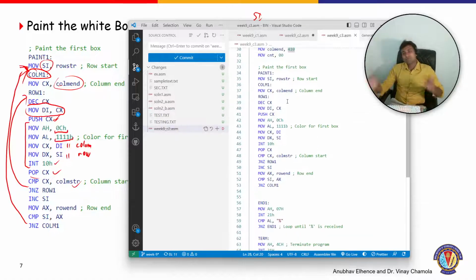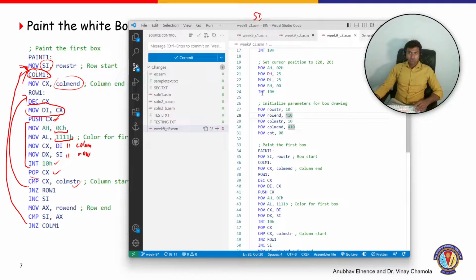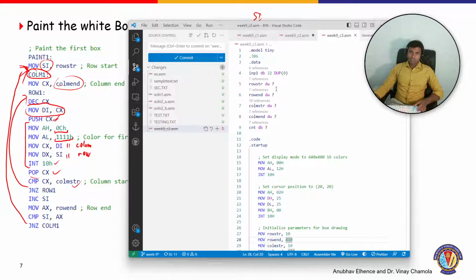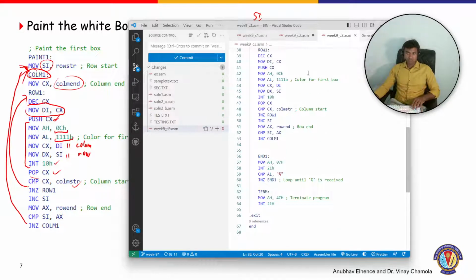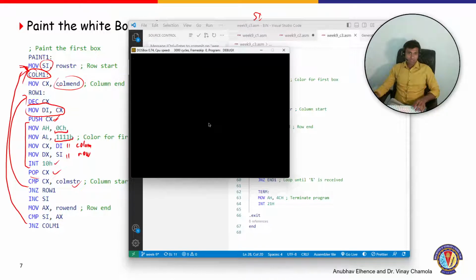C3.asm. So there can be multiple ways of printing. This is just one of the ways which I've chosen. Might not be the best way, okay, but if you have a simpler code, you can push that into the repository. You can do a pull request, and you can submit it in the GitHub, and I'll include it in my repo so that others can also see. All right. So I'll save this code c3.asm, and